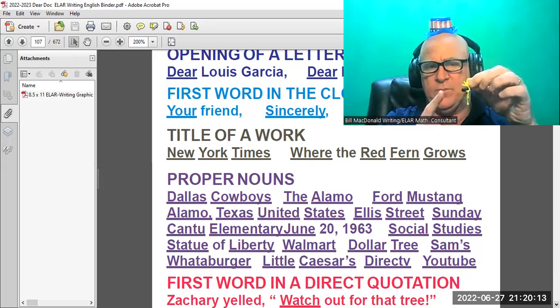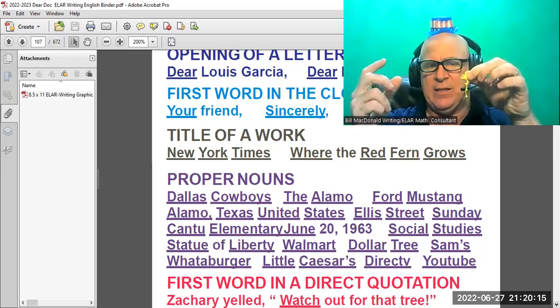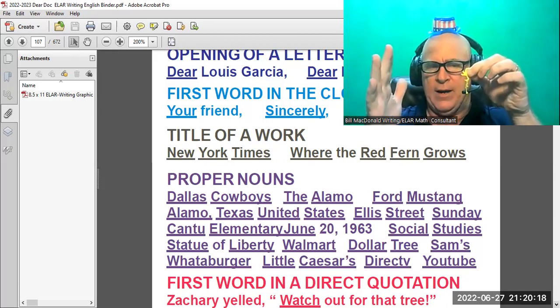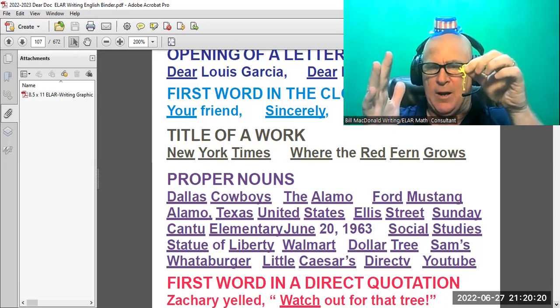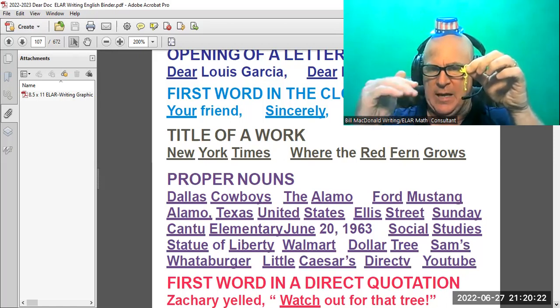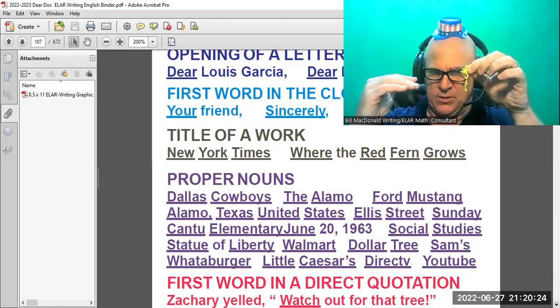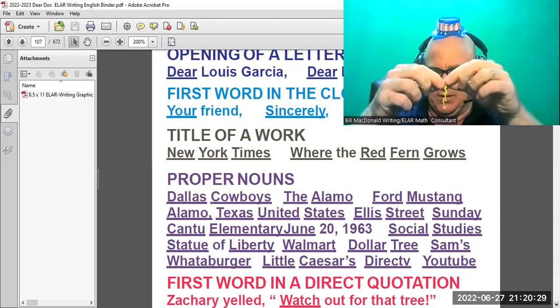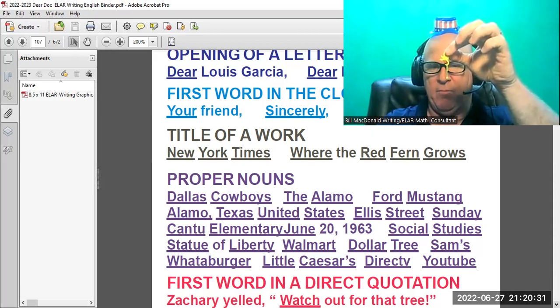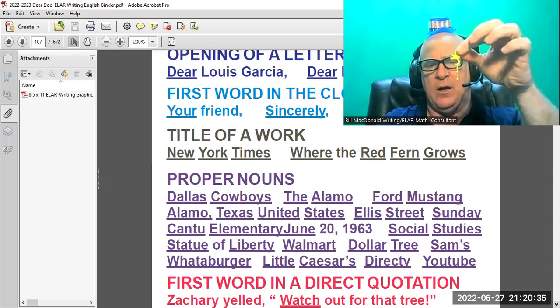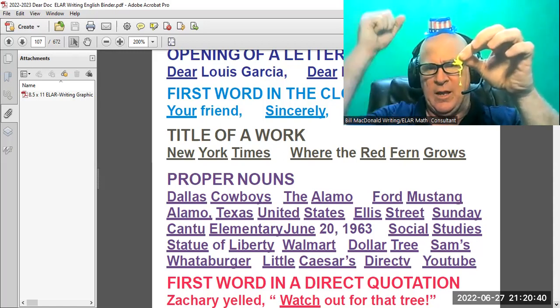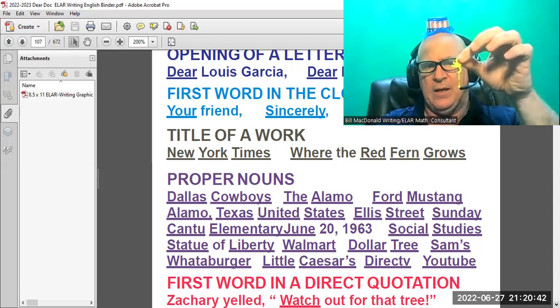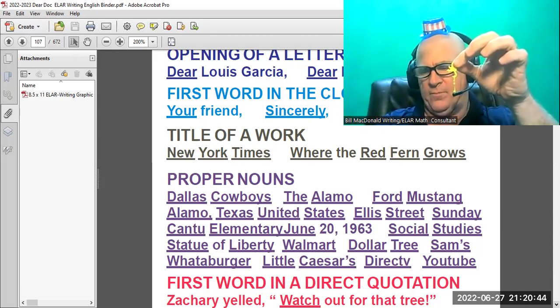Only 2 words, but I would make sure I say that out loud so I can break the proper noun into syllables. So Dallas Cowboys, there's the Alamo, a specific location, a make and a model, a capital Ford, capital Mustang, capital Alamo,